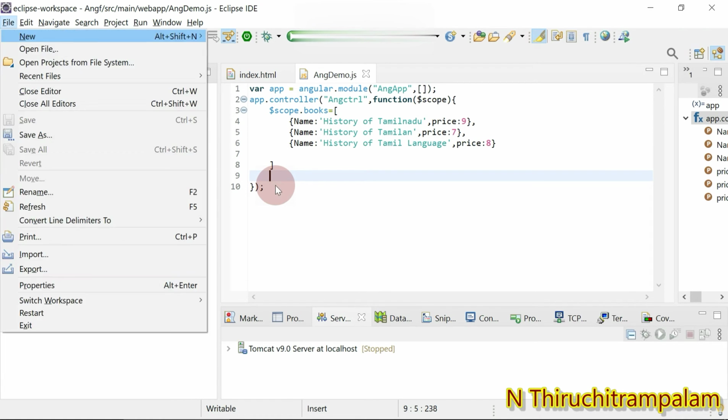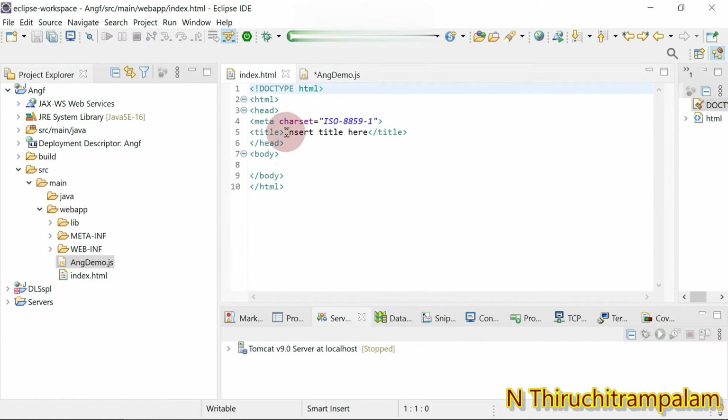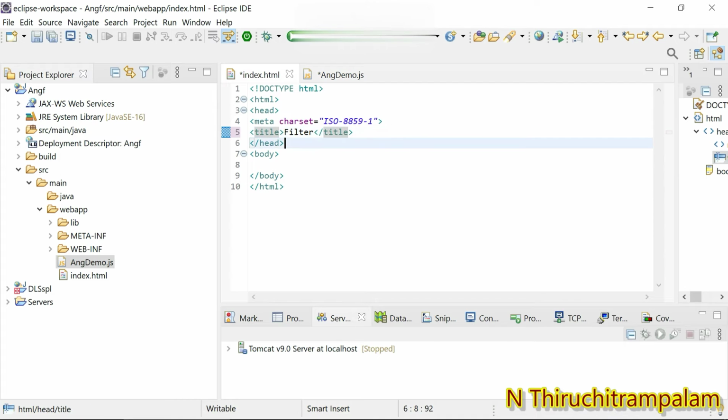Okay, so that's it. I move on to index.html. Here, initially, the title, I just change it to filter. Okay, that's it. Within the head I'm going to add the AngularJS file. I'm going to add AngularJS to the HTML using the script element.